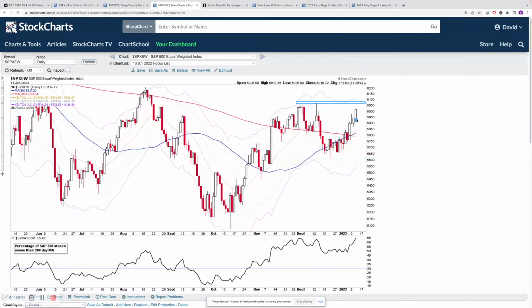So currently above a rising 150-day level, so in a short-term uptrend above its 200-day moving average. As I said, with 65% of stocks above their 200-day moving average in the S&P 500, it means it's in either a stage 1 or an early stage 2 type environment. And as you can see, because we haven't broken the pivot yet, that shows that we're potentially on the